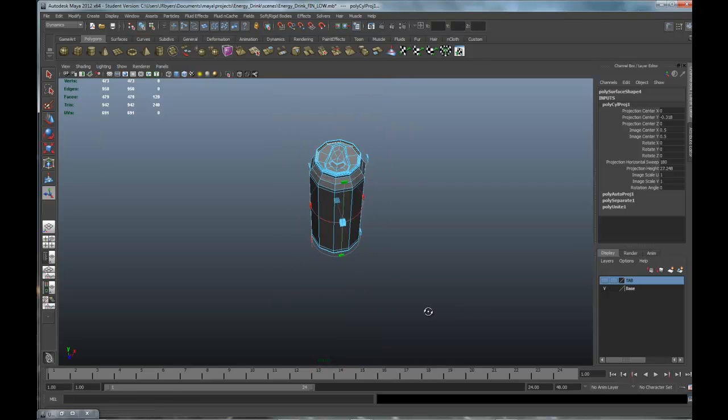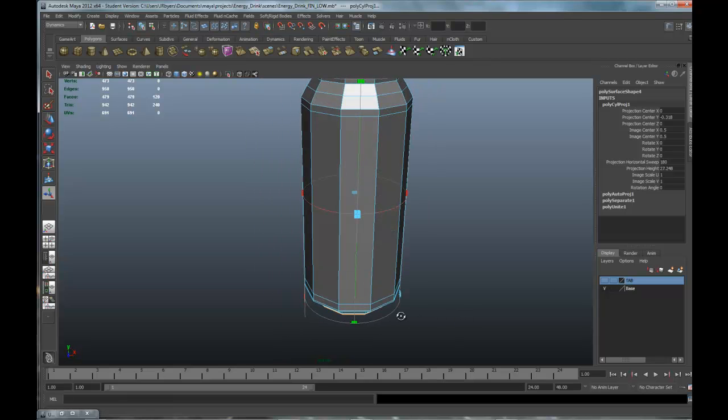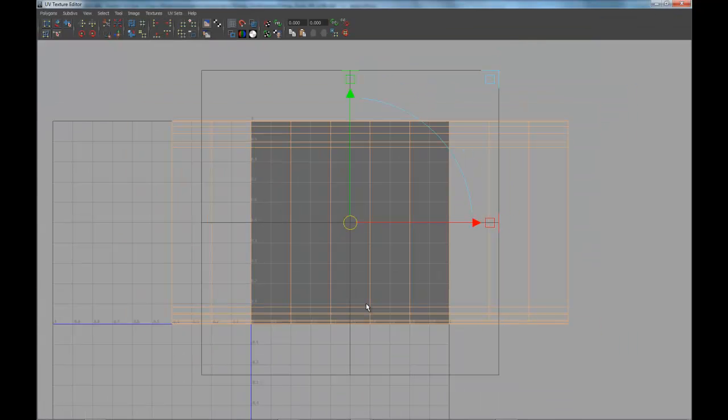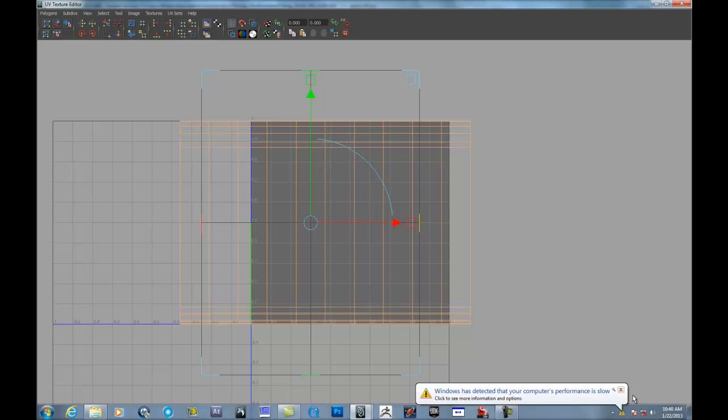Alright, so we've got a cylindrical map going around it, and let's take a look at the UVs. Now, the UVs are proportionately correct. That means they laid them out the way it should. You don't want to squeeze them in or squish them into the box, into the UV space. Okay, what you want to do